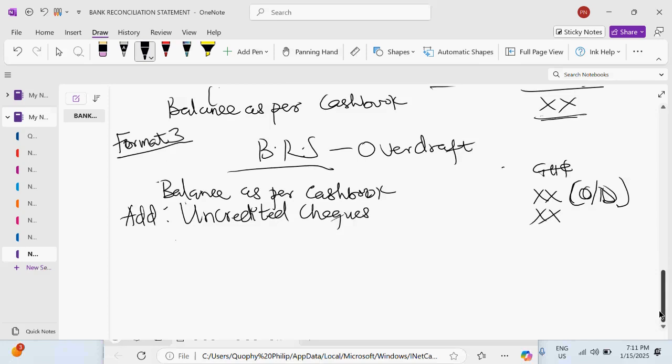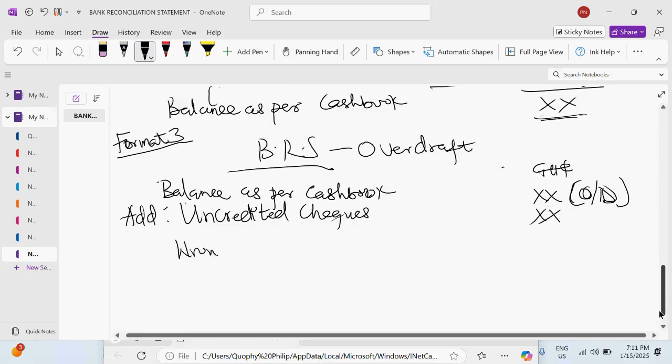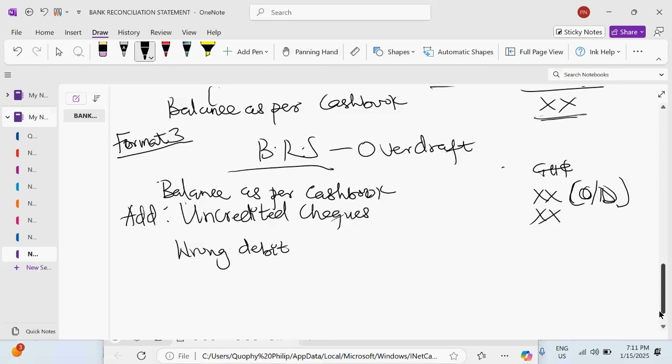Wrong debit will come. So wrong debit is an error. That is an error that decreases our bank statement. Error that decreases our bank statement. Okay. All right. So then what do we do? We less